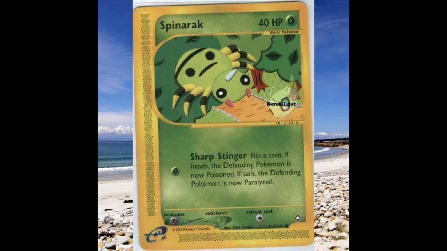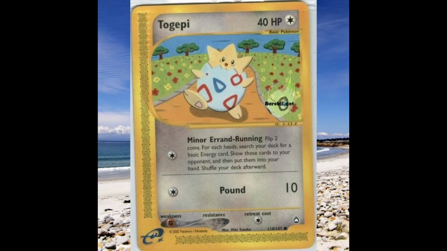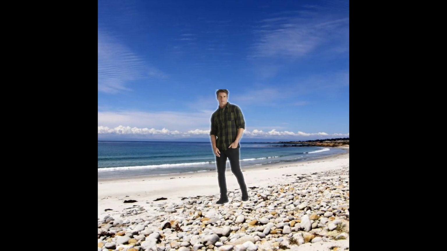The Spinarak, which stands on top of the tree line, as it looks down onto the pathway below it. And finally, the Togepi, which walks along the pathway and smiles, as flowers are on either side of it. These Tanaka cards are all really quite cute, and I like these cards quite a bit, because of that simplistic